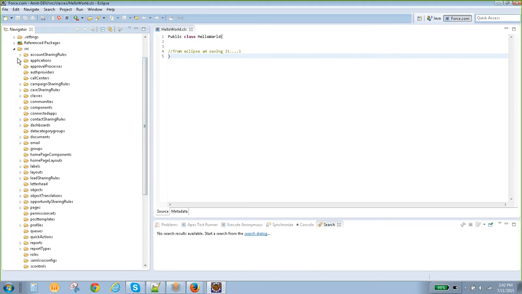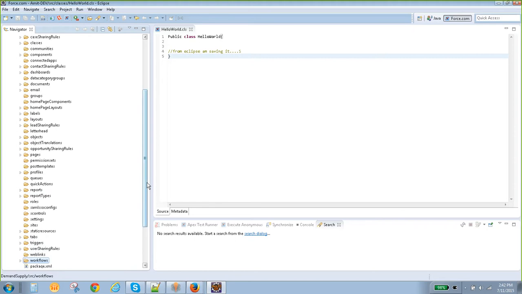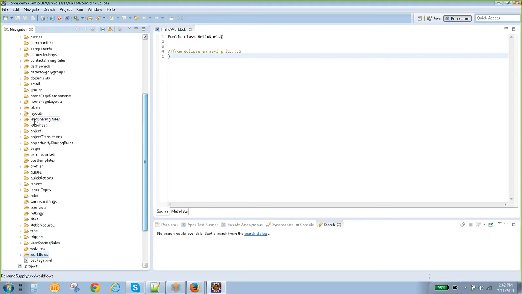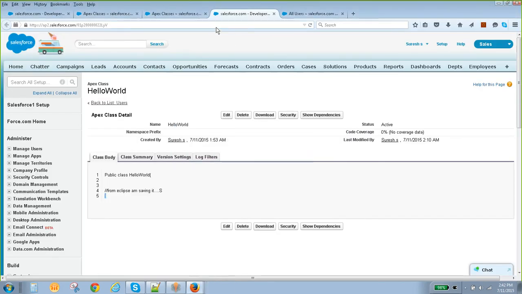If you select everything, all the components are here: page layout, labels, objects, permission set, profiles, report type, dashboard, static resources, tabs, workflow, groups, email things, dashboards, everything will be available. Clear?